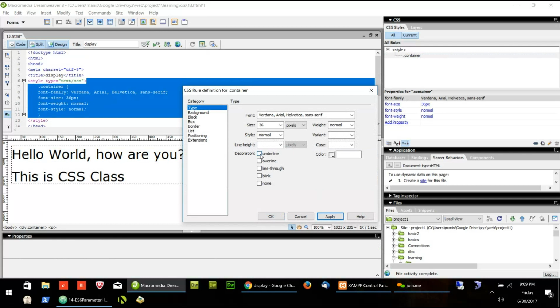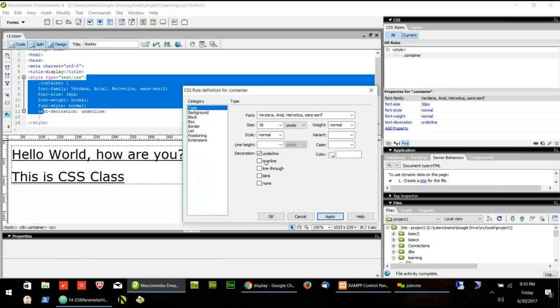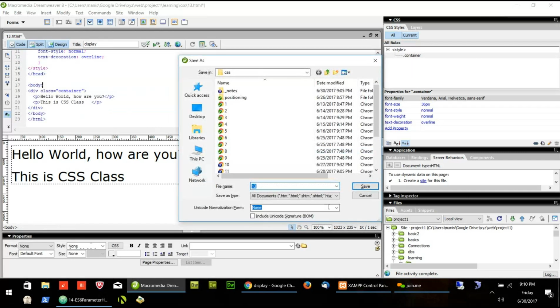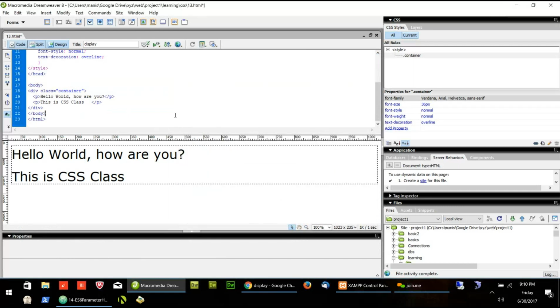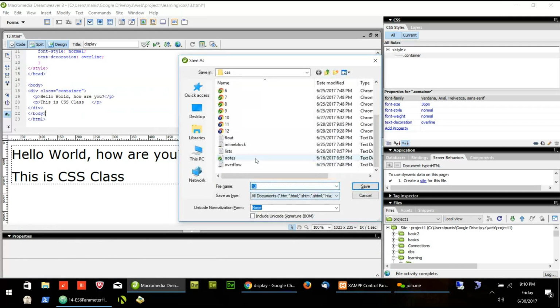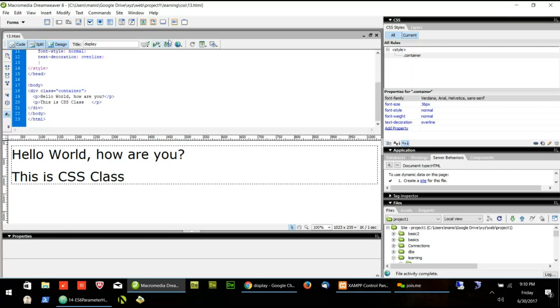And if I say underline, all of it will be underlined. If I say overline, it will be overlined, which is not visible here, but we can see it in the browser, because overline doesn't show here. So let's run this in the browser.